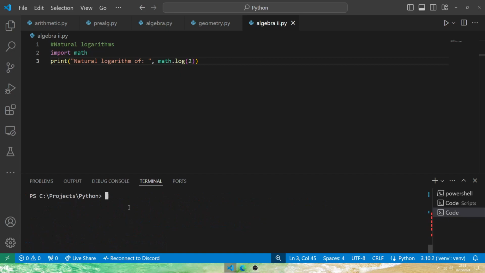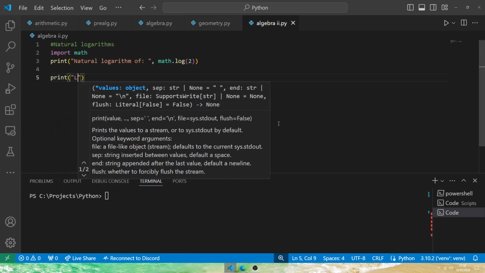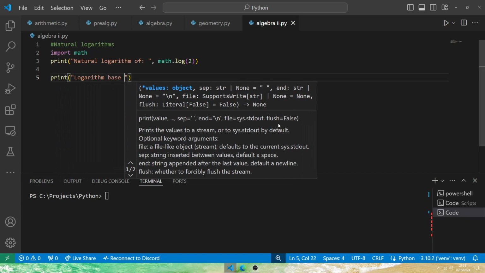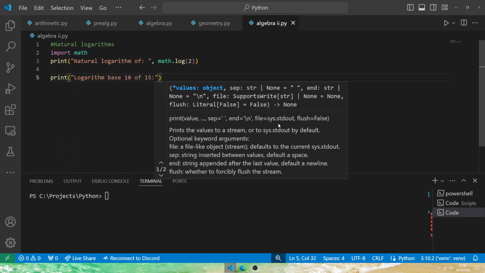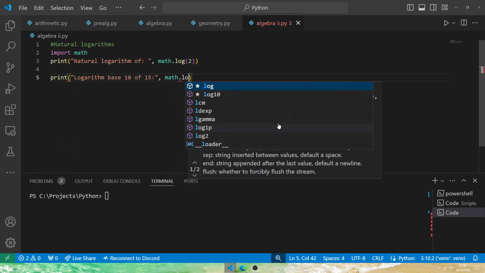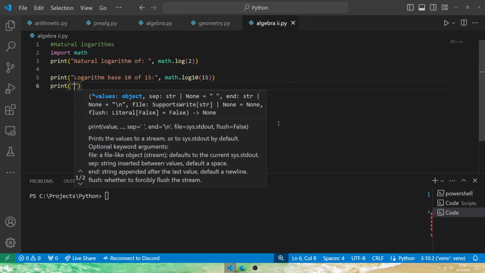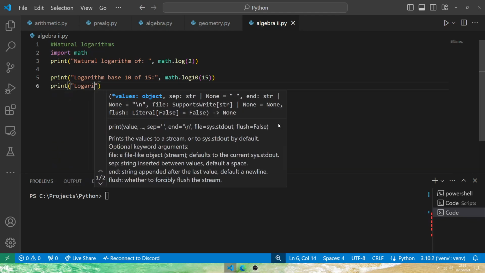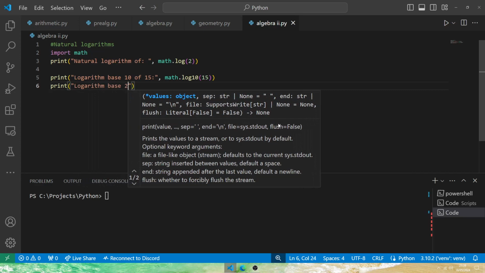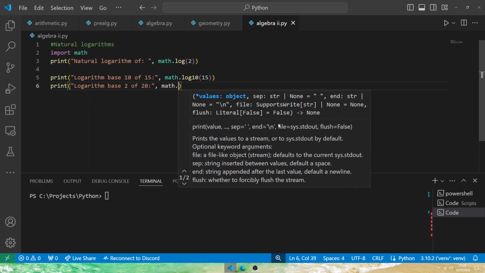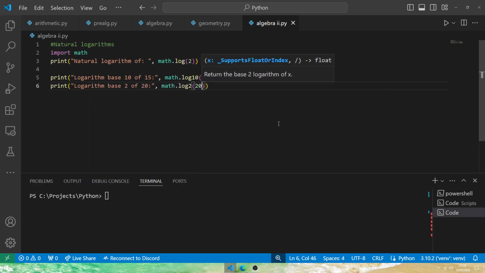Let me clear out this terminal. And if we want to calculate a logarithm with a specific base, we can do print logarithm base 10 of 15. So we'll do math.log10 and pass 15 into the parentheses. We can do another one, the logarithm base 2 of 20, with math.log2, and we'll pass 20